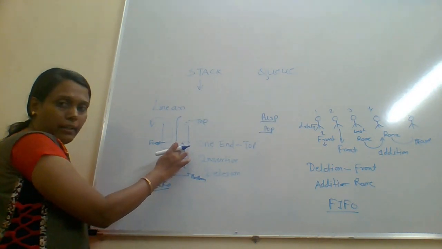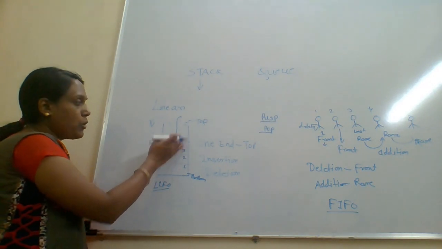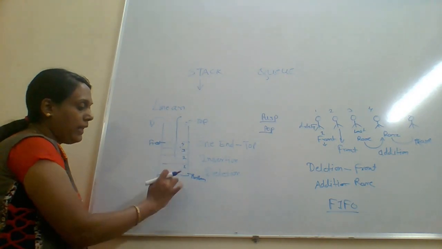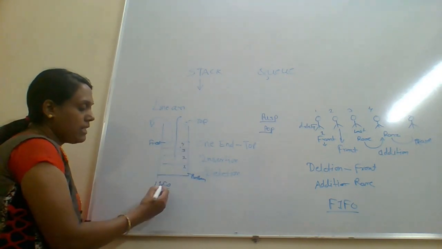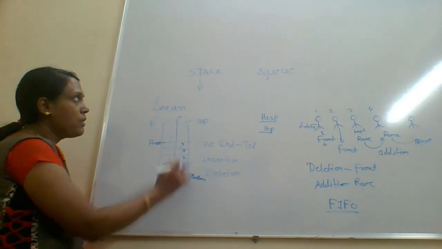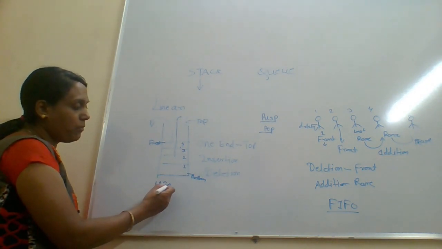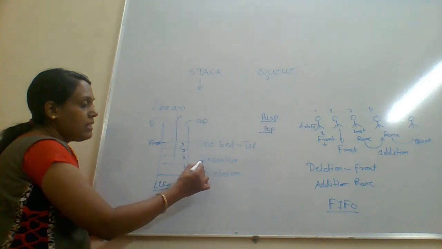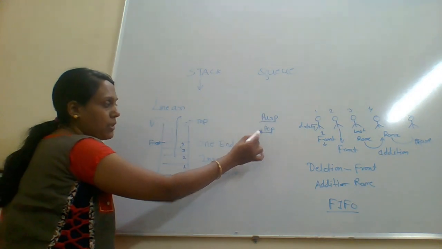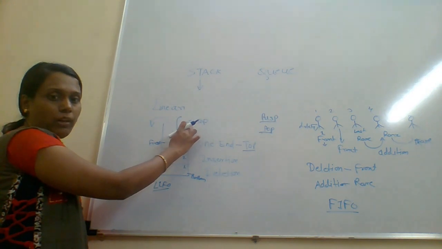Now when we want to delete or take the data from the stack, whatever data was inserted last should come out first. After that, the second last, and like that. So whatever data is inserted last comes out first: last in, first out. So the stack follows that structure, last in first out. Both insertion and deletion, that is push and pop, the two stack operations, take place from one end only, that is the top end.